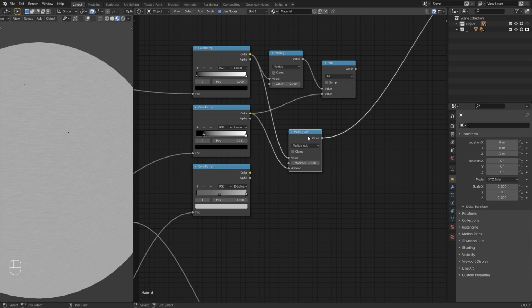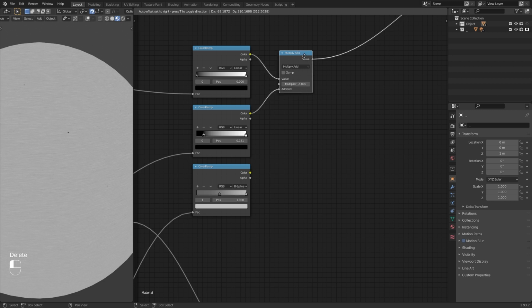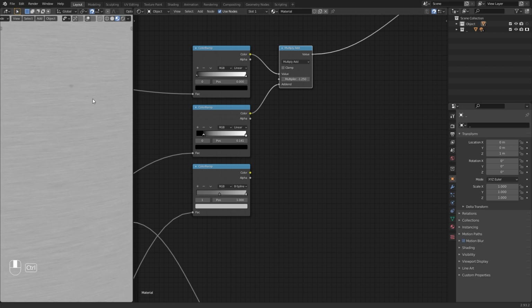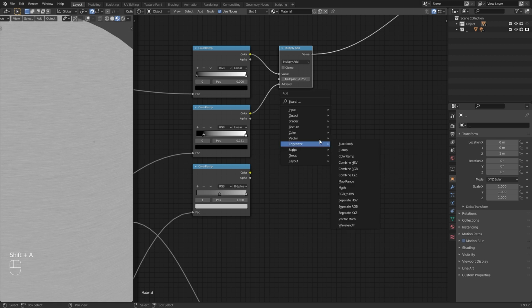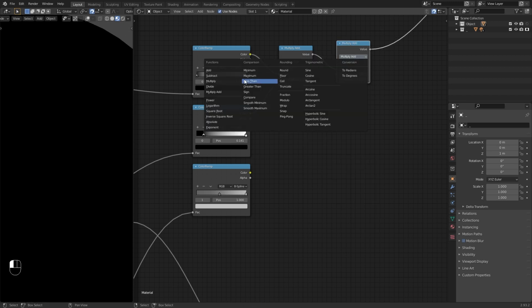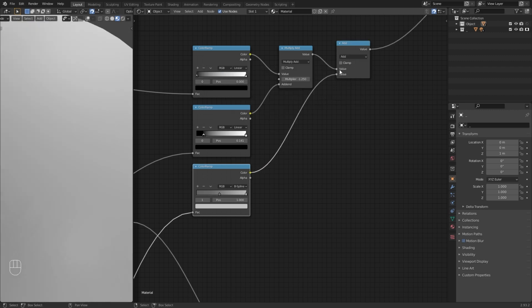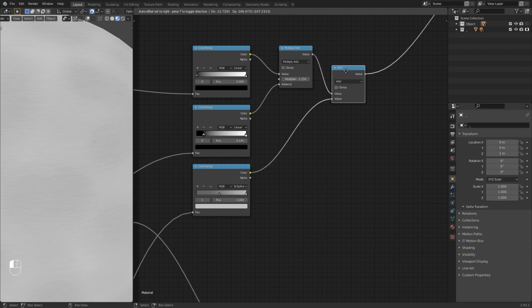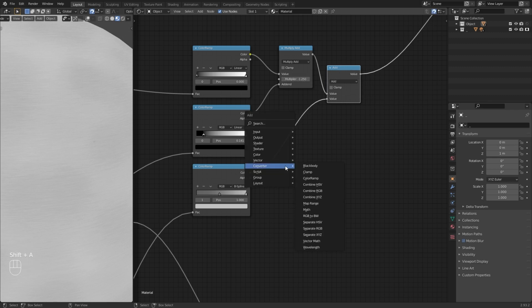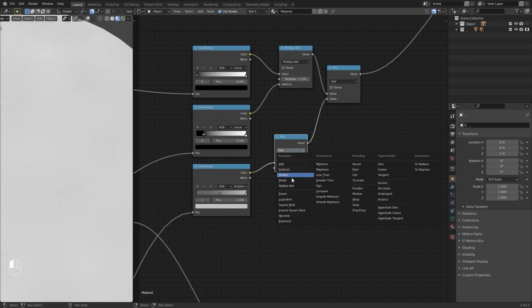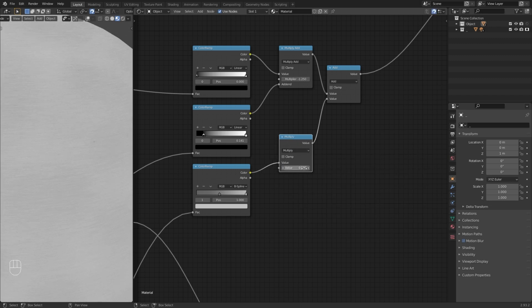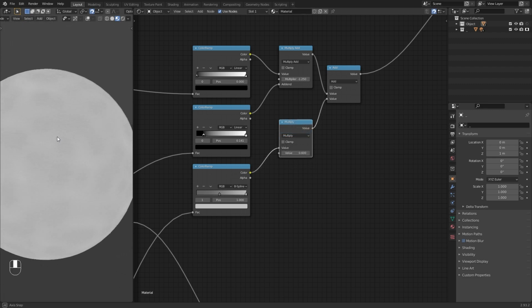So, now keep only this multiply add node for this and give -1.25 for the multiplier value here. After that, set a math add node to this output connection here, and connect the third color ramp to this math node. Now for this third color ramp connection, set a math multiply node and change its value to 0.6. Right now we have created the roughness map for our clay material.